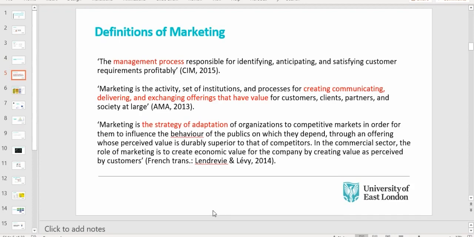But when you do an undergraduate degree with us in marketing or a postgraduate program, the MBA has marketing in it. Our MSc International Business program has marketing in it. So marketing is a fundamental function of any business. Like finance, like accounting, like human resource management, it's integral, and therefore it's referred to as a management process, because it's part of managerial decision making